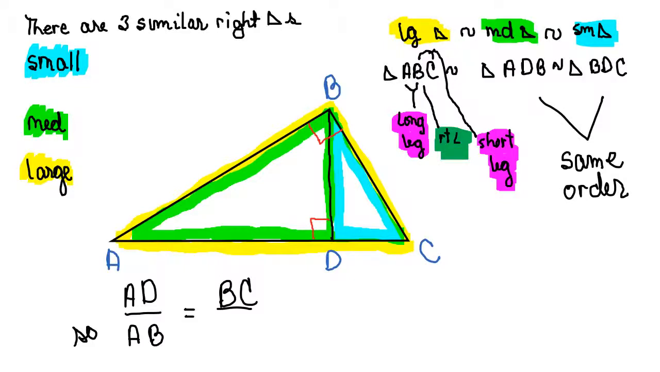All right, there are three similar right triangles. There's a small, medium, large. Small is the blue, medium is the green, large is the yellow. So,